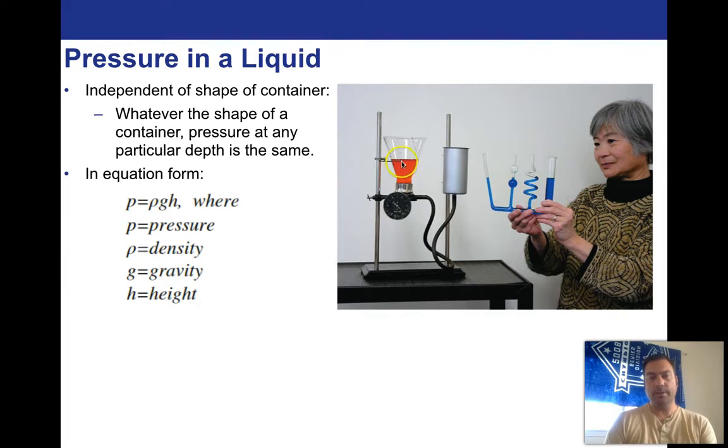All right. Same thing is going to be true here. If this valve here is open, the pressure that's in here is going to be the same as the level of fluid in here, and the pressure is going to be the same at any equal distance below that high level here.